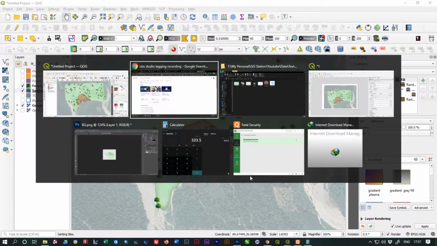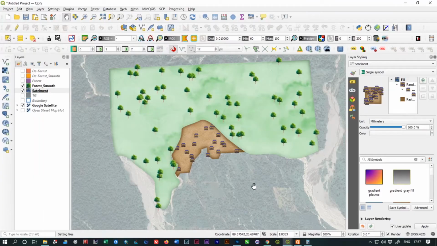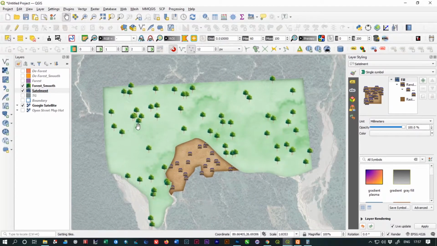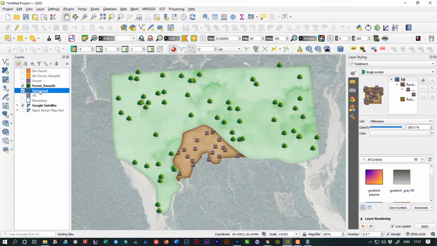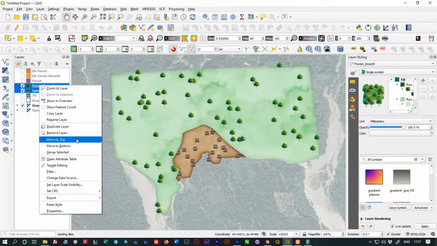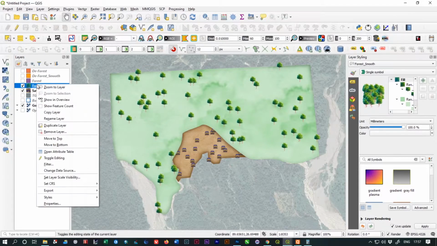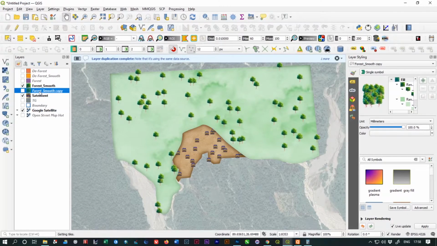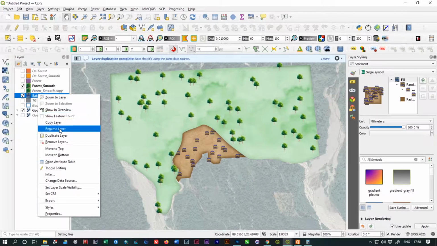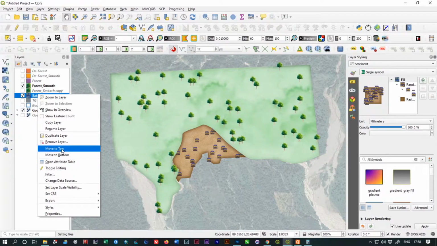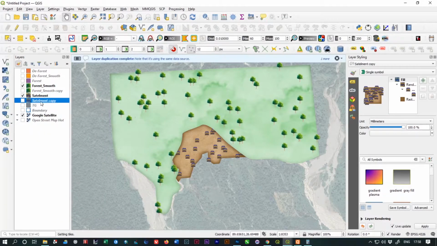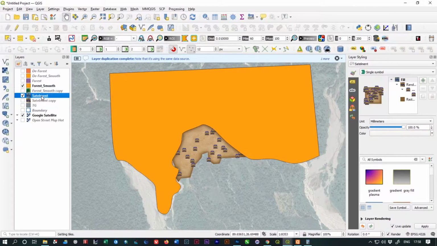So we are going to make this project happen. First of all, I am going to duplicate this. I'm going to make a copy of my layer forest smooth, and another one is settlement, and make a duplicate and change them to a normal layer.